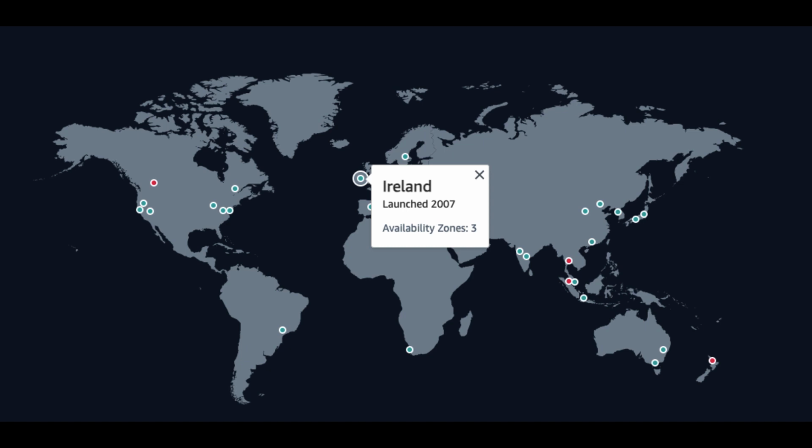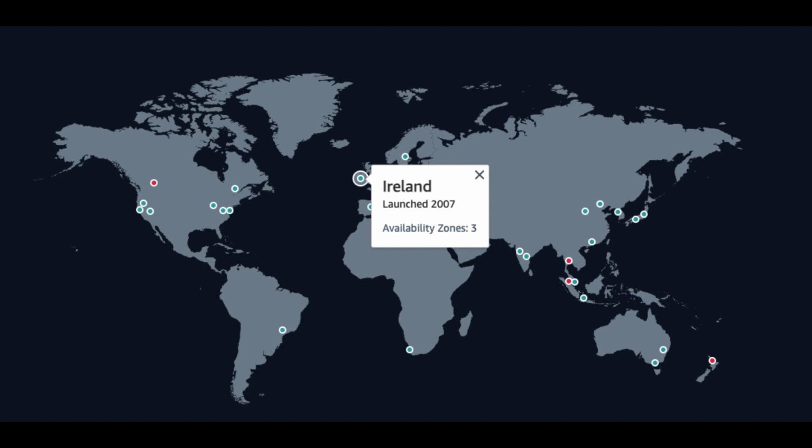All data flowing across the AWS global network that interconnects our data centers and regions is automatically encrypted at the physical layer before it leaves our secured facilities. You can build on the most secure global infrastructure, knowing you always control your data, including the ability to encrypt it, move it, and manage retention at any time.